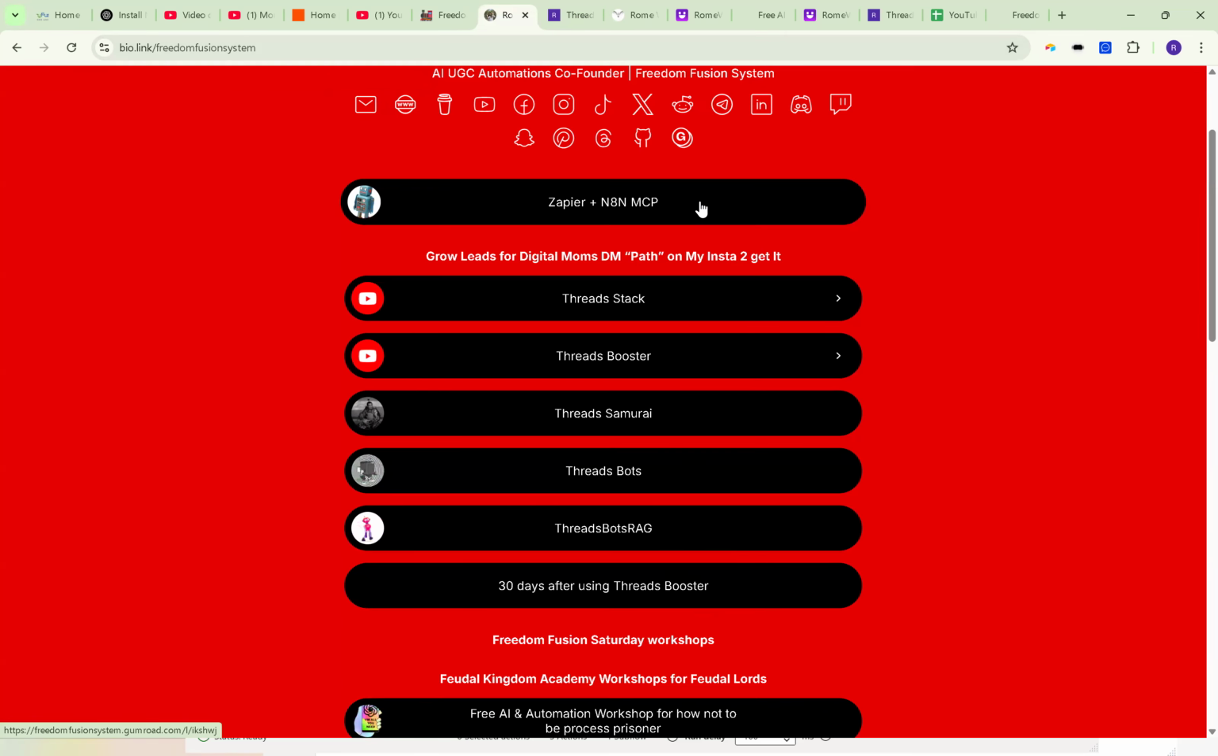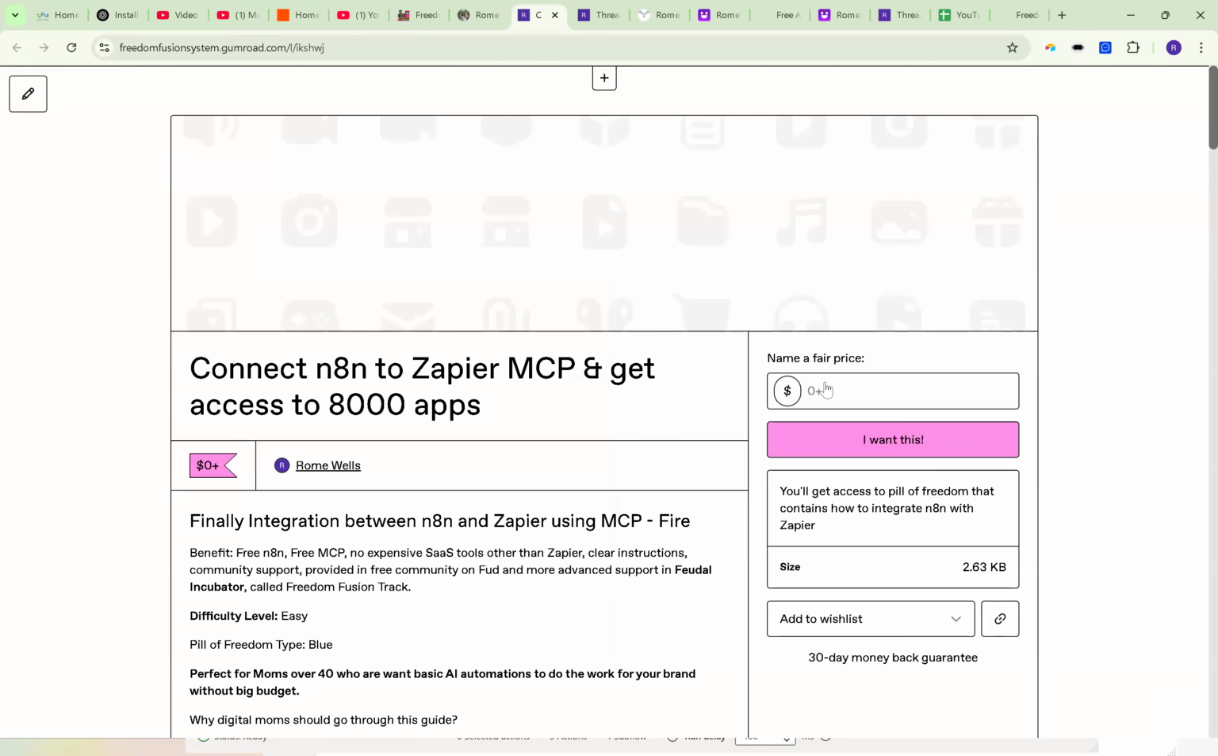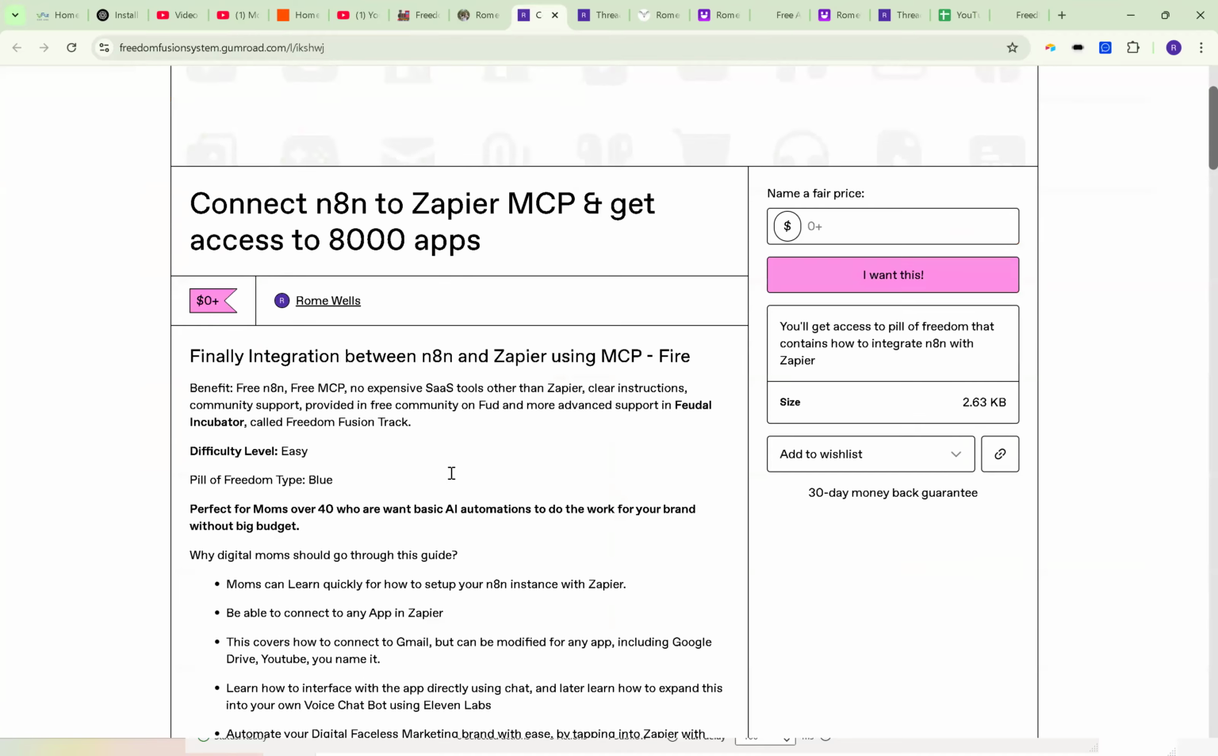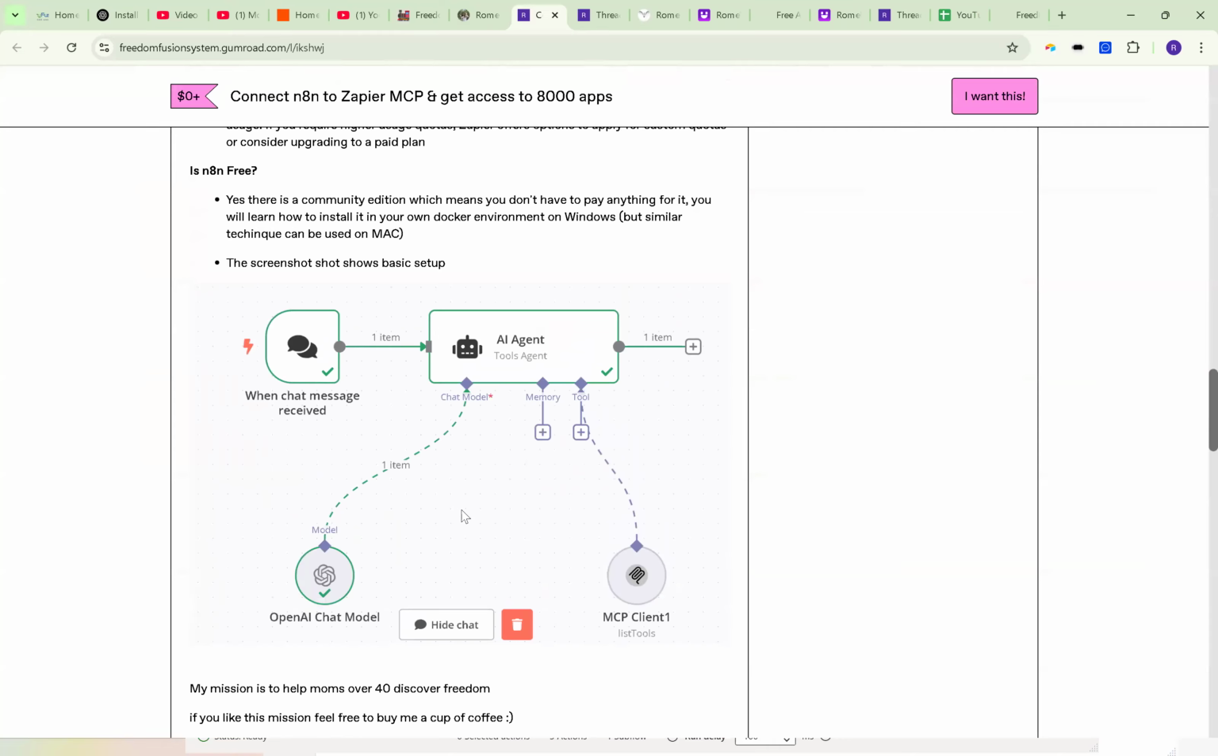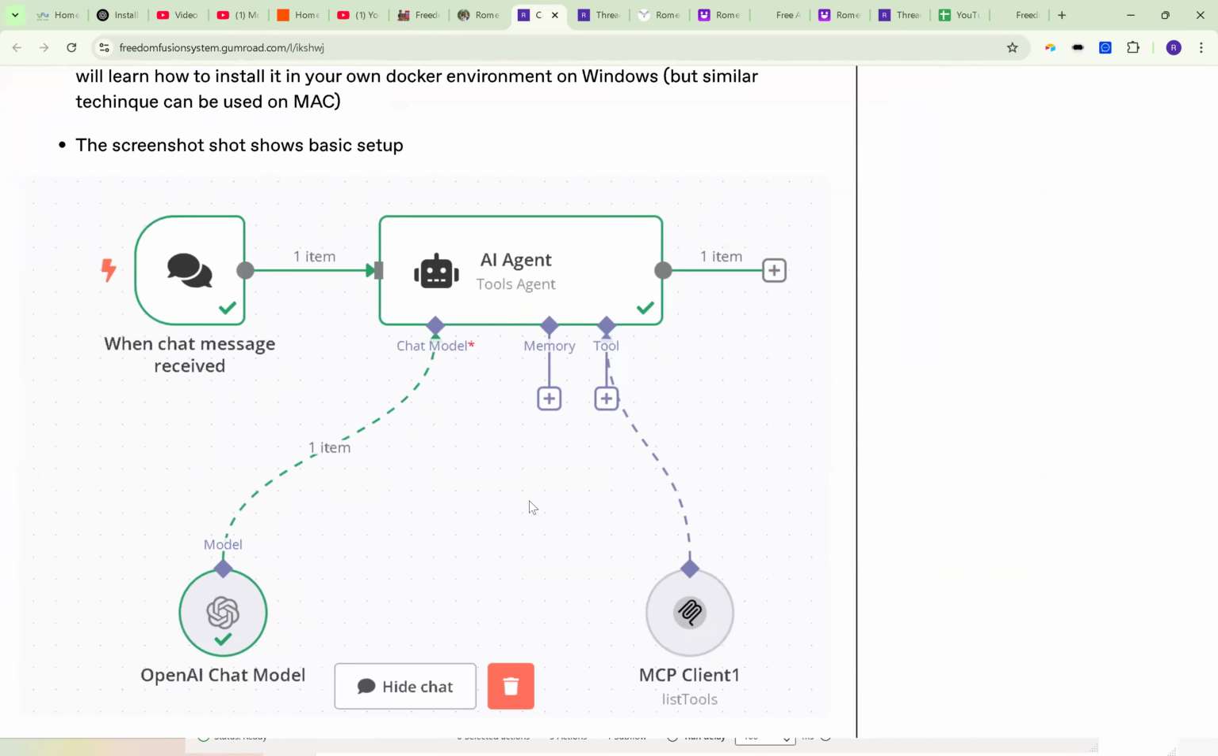And of course, if you guys want this one, this is also a fire tutorial. It's where you connect your N8N to Zapier MCP and get access to over 8,000 apps. So this is absolutely crazy. This is like your foundation. So instead of connecting individually to each node using an API, which is a horrible thing to do,